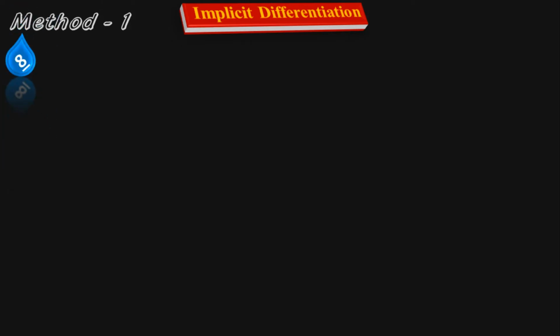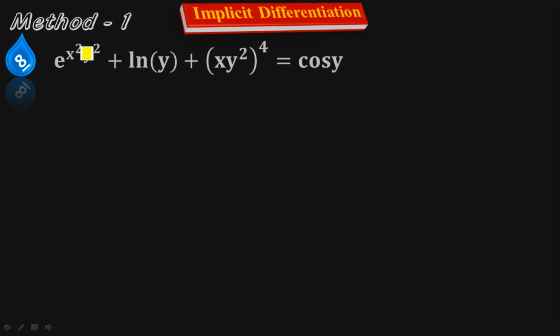Example number 8. The given expression is e to the x squared times y squared plus natural log of y plus x times y squared, to the whole 4, equals cos y. Let's do implicit differentiation, differentiating everything with respect to x because we need dy/dx. After applying the implicit differentiation, I have